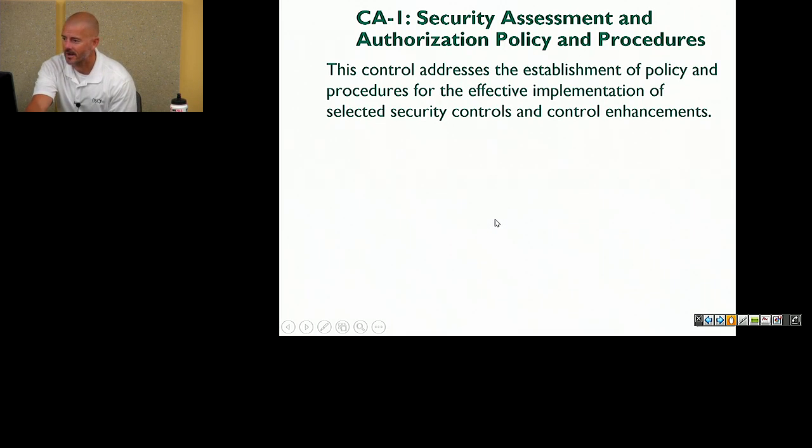So do you have an assessment and authorization policy? Do you have procedures for it? Yes. Show me proof. Give me the documentation. And I look at your policy assignment: effective date, expiration date, revisions, who signed off on it, what's their level, what's the purpose, what's the scope, who's the audience, and what are the parameters of that. I look at that, and then I'm going to go see if there's any incidents or any other issues or anything that can support that this document wasn't just fabricated, backdated, or such, that it's actually in place,